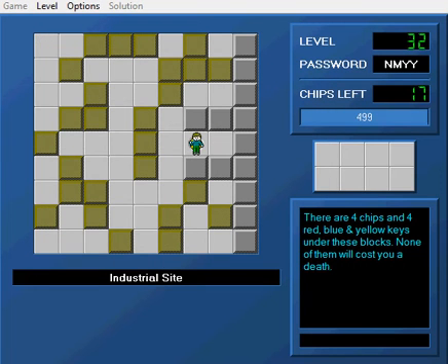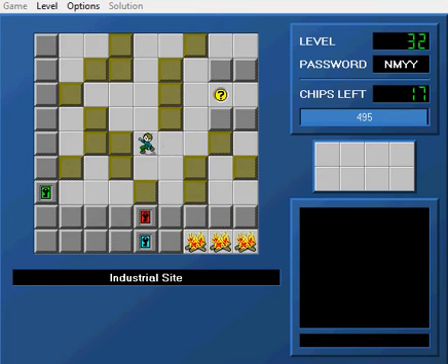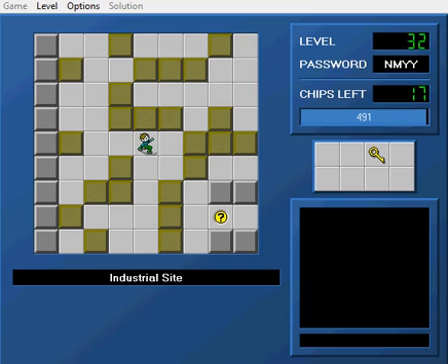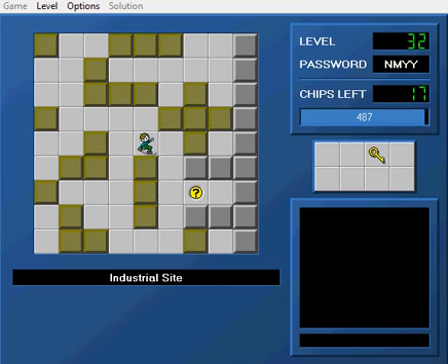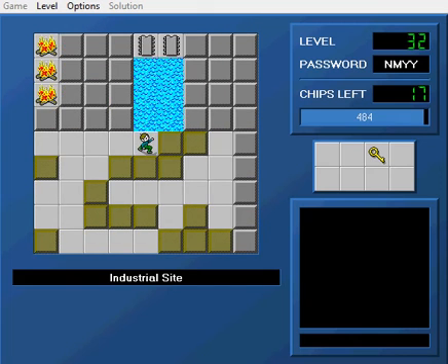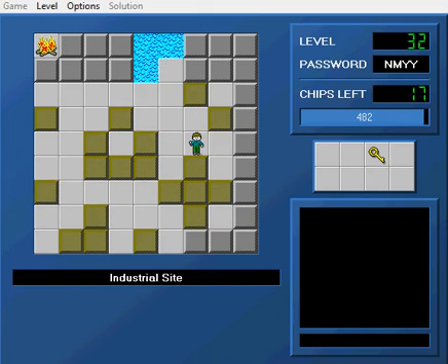Industrial Site. There are 4 chips and 4 red, blue, and yellow keys under these blocks. None of them will cost you a death. This is one of my levels, and this was a JCCLP level, exclusive level,